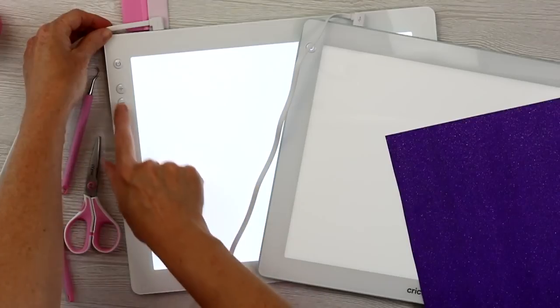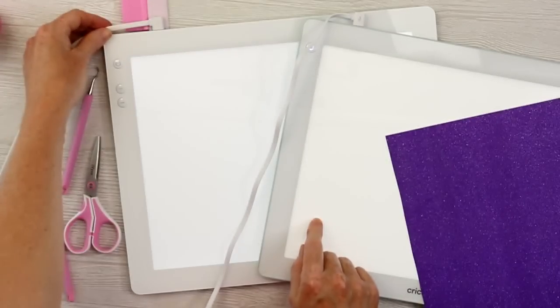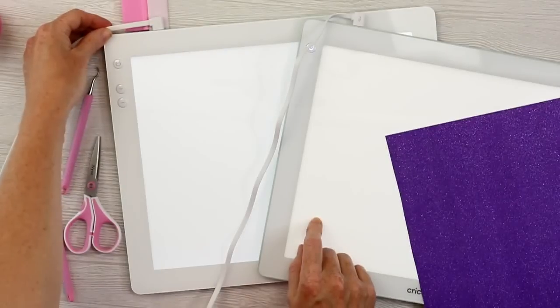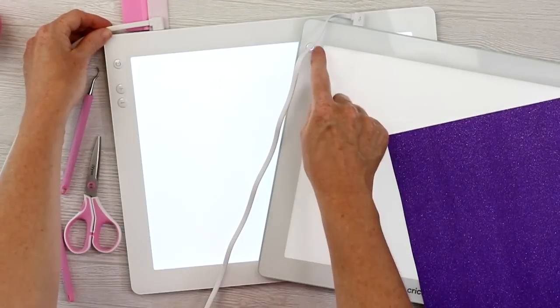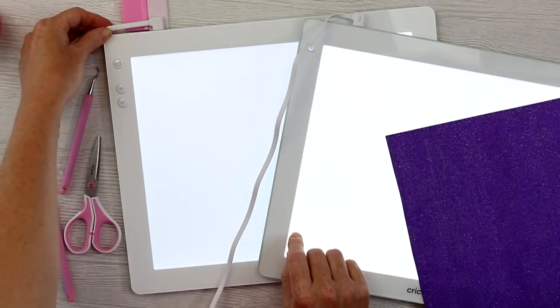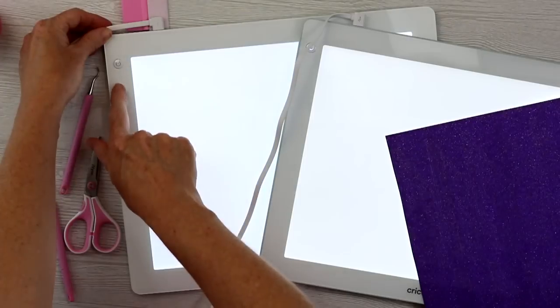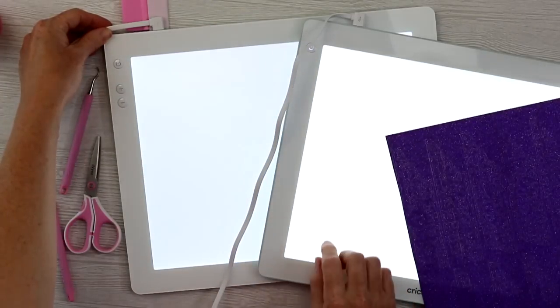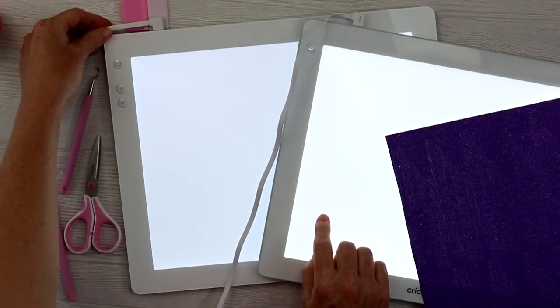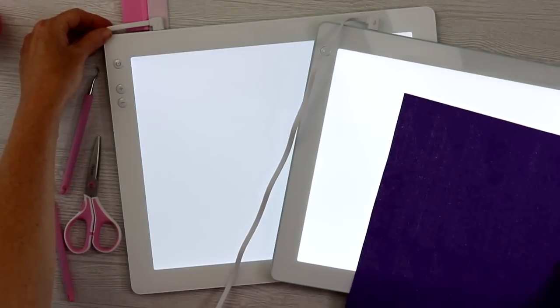So this would be the lowest setting on both. To me, they are comparable. And to alter the settings on the new one, you just press the power button again. Second setting, pretty comparable. Up one more time, and the new BrightPad does seem to be a little bit brighter, and hopefully